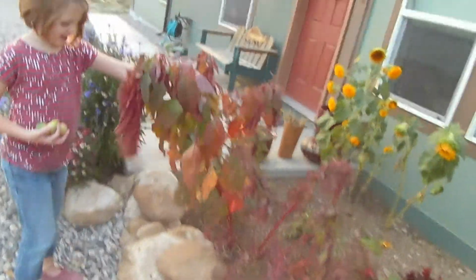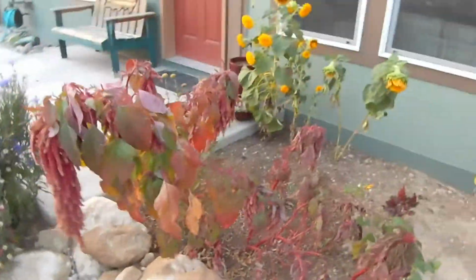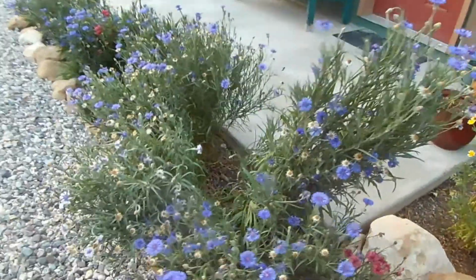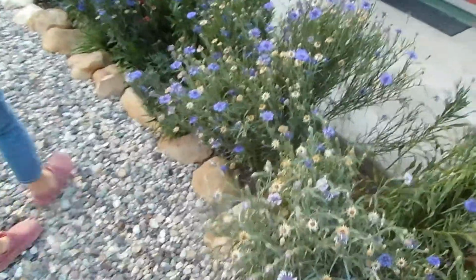Yeah, more. Don't do that. And pollen, yep. And then our bachelor buttons did fantastic this year. They're so pretty,